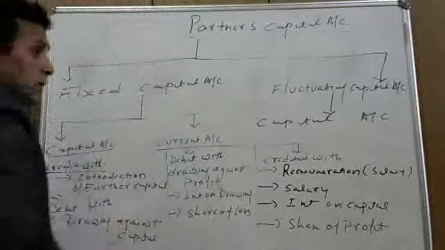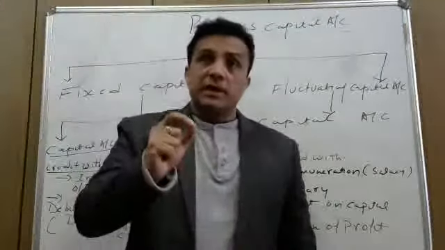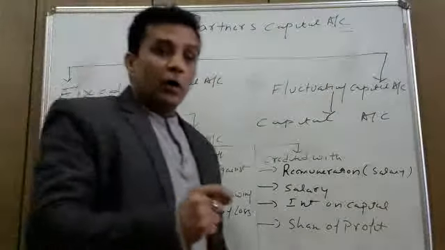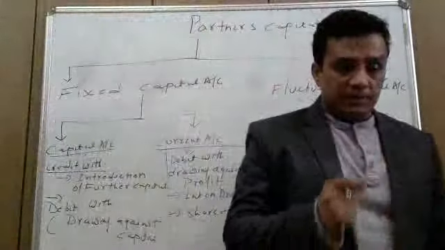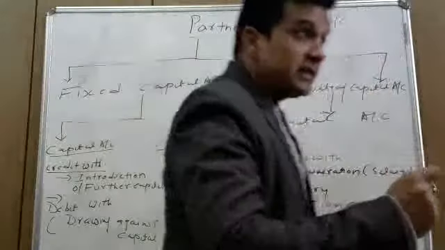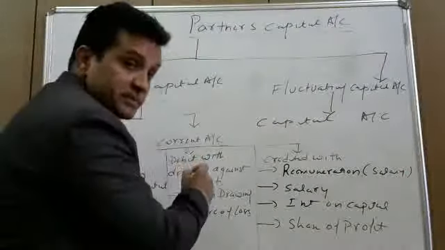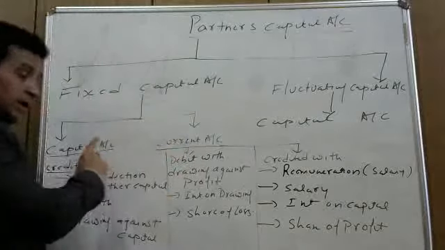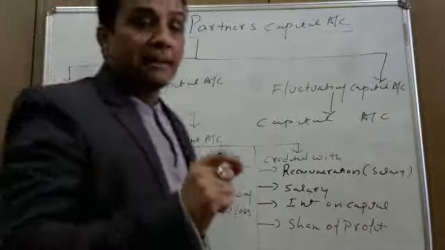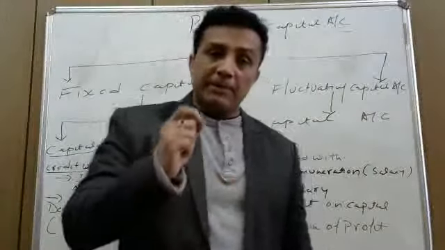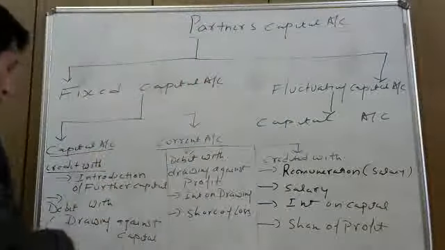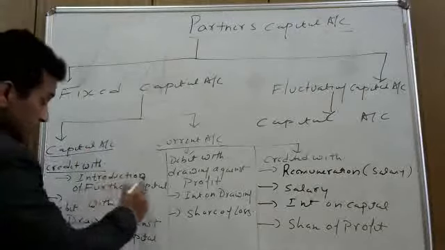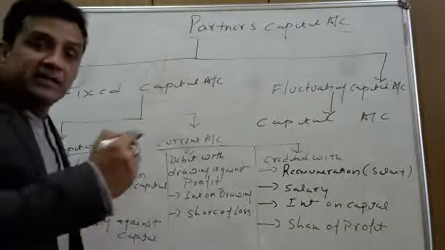Now, the important part is that in the CBSE accountancy paper, there are 20 questions which are objective type, obviously one-mark questions. So these basic steps are very important to know, in what condition the fixed capital account can be changed. The fixed capital account can be changed only in two conditions. The first one is when any partner introduces further capital, or we say additional capital, in the business.